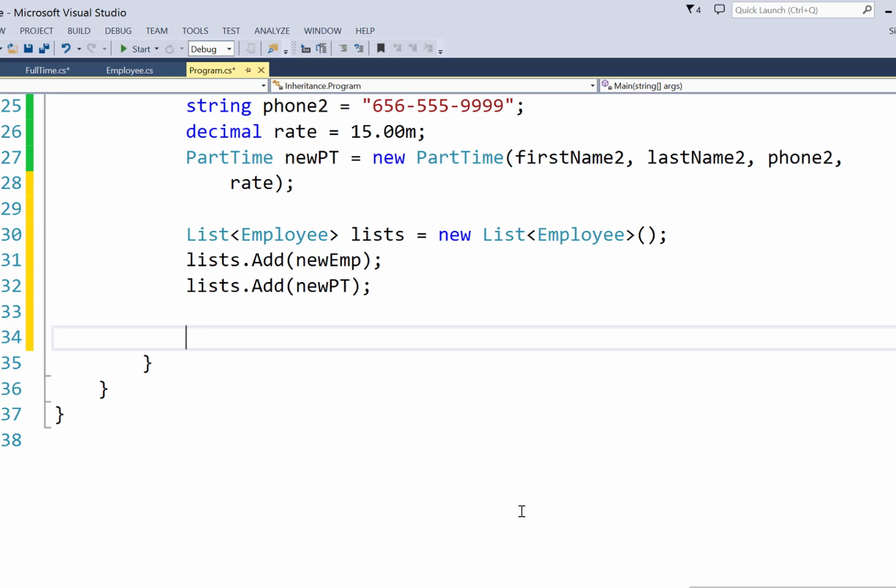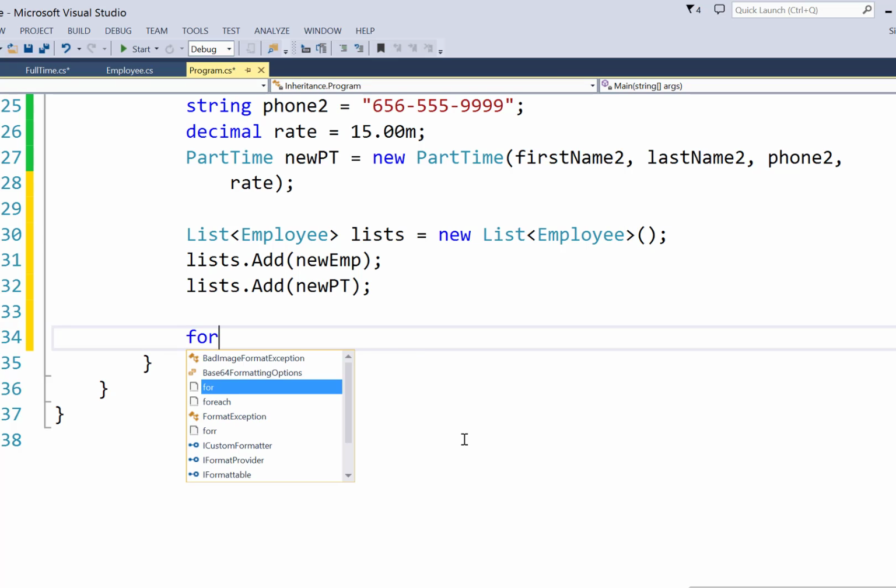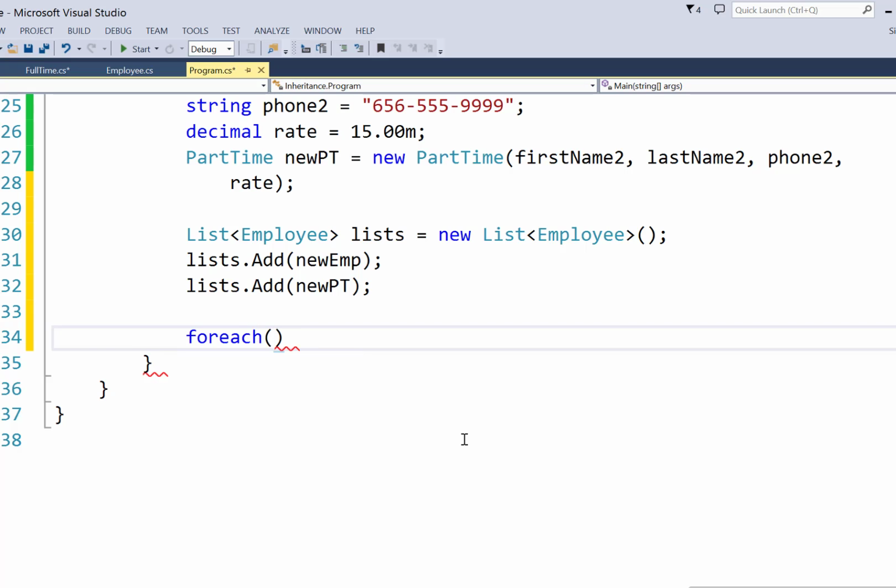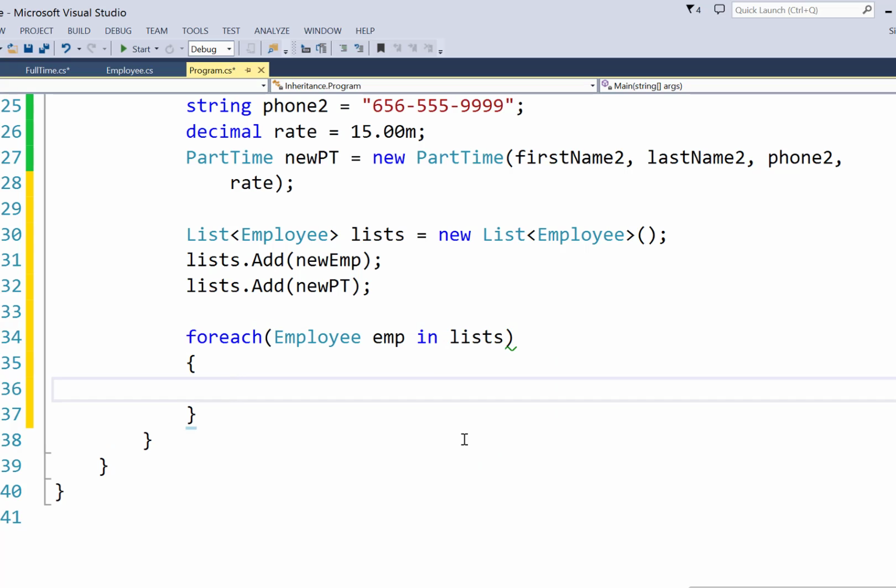Polymorphism is at its core having objects masquerade as something else. And so in this case, our full-time and part-time employees are masquerading as employee objects. I can then loop through using a for each with this list. And using the emp of type employee, since that's the type that I have in my list, I could call